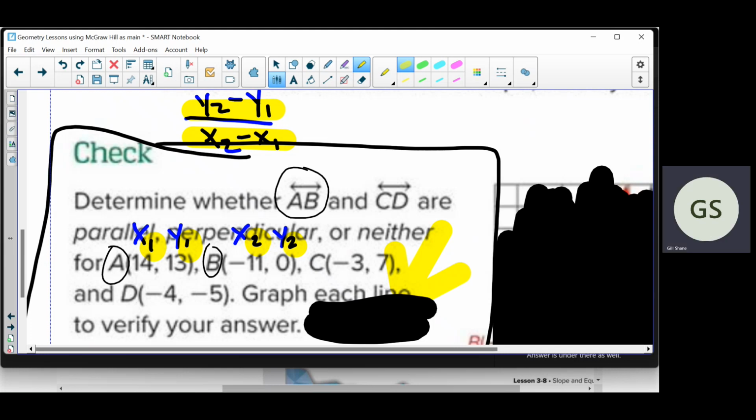The answer is under there as far as whether they are parallel, perpendicular, or neither. Yeah, I'm not going to do that. I'm going to let you do that. You've got plenty of IXLs you can practice. Just understand A, B are those two points, and then in green, I'll do